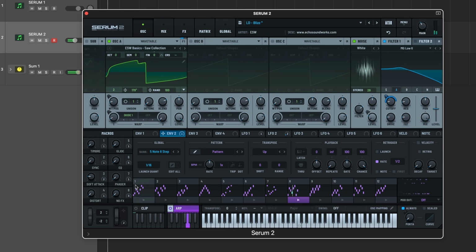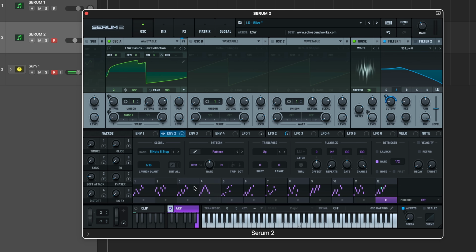Now if I go and select the first clip and play the same thing, we'll hear a different pattern, and this will hold true for all the slots that have an active pattern in them. Now, this is really cool because what this allows you to do is create long, evolving,